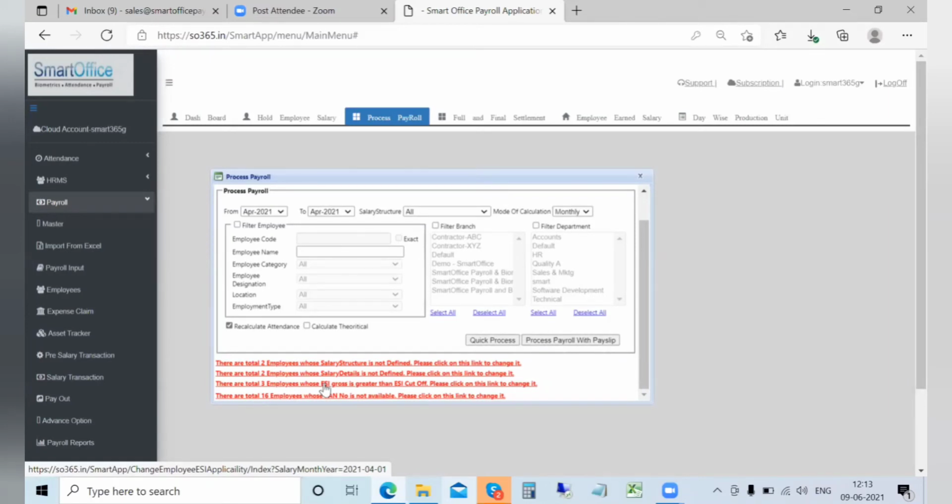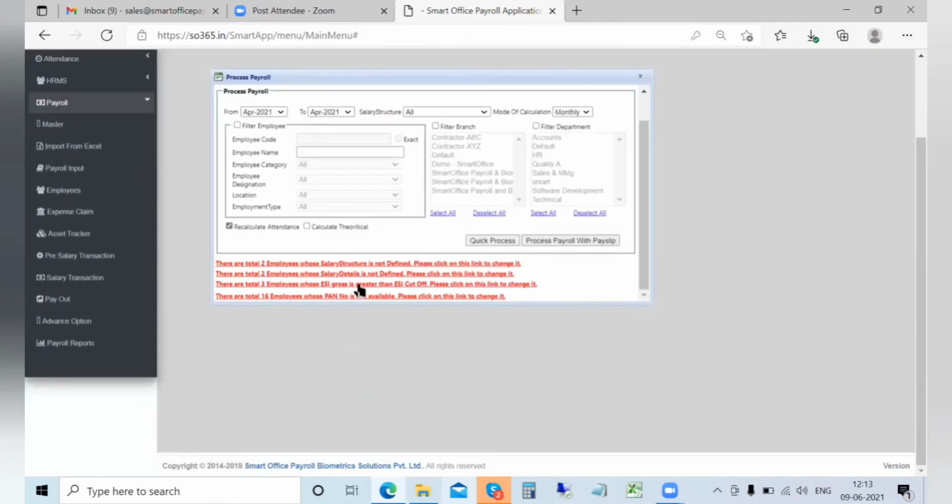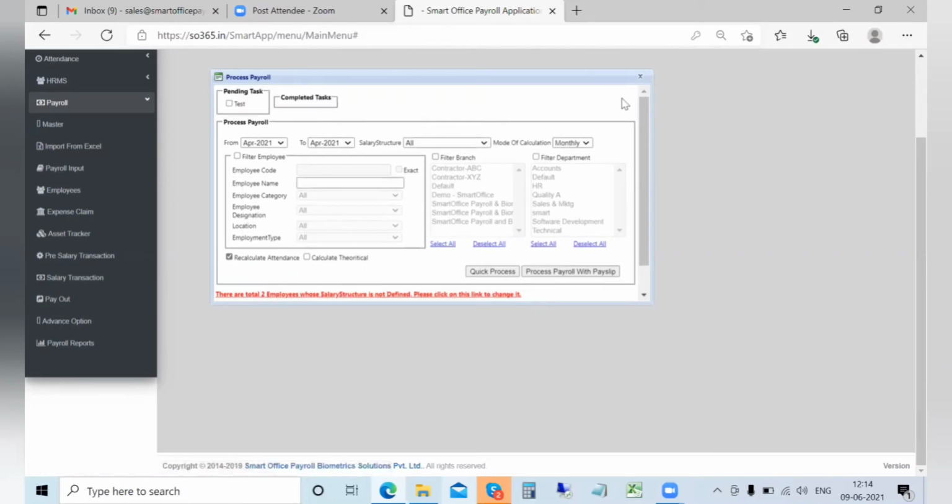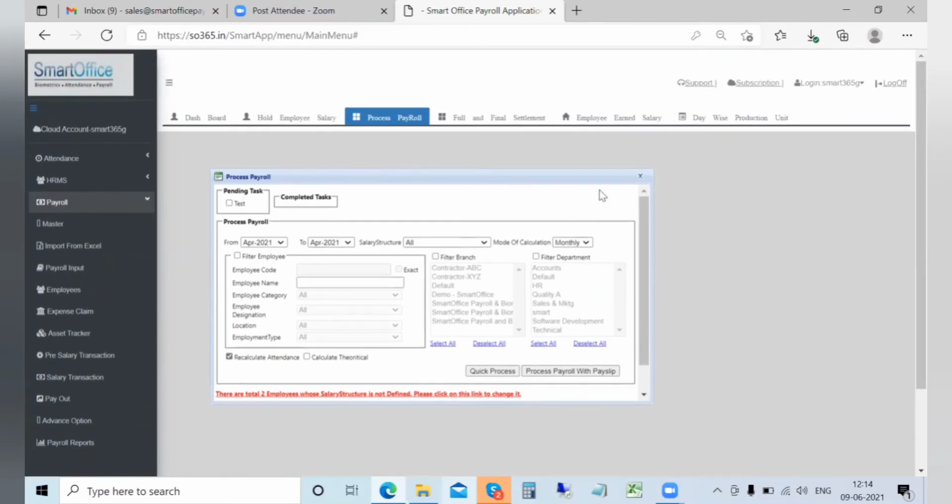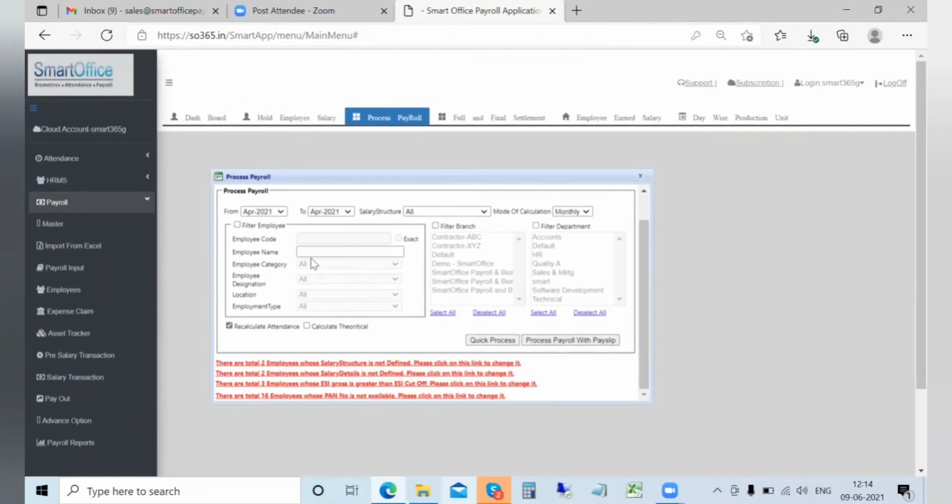Sorry, only the ESI employees. Since there are two contribution periods, whenever we hit that particular month, we should be taking them out, or we will have to continue contributing to the next contribution period. So whenever we are processing the payroll, these kind of links and filter options will be available.